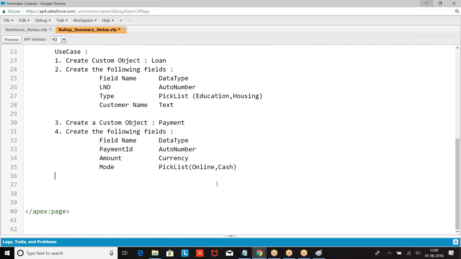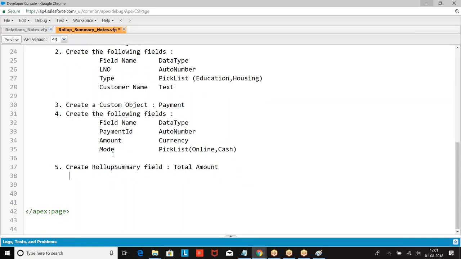Then what is the use case? Create a roll-up summary field on the loan object.